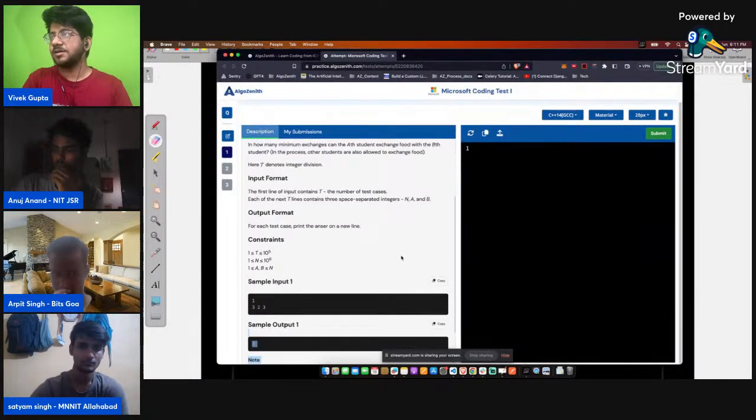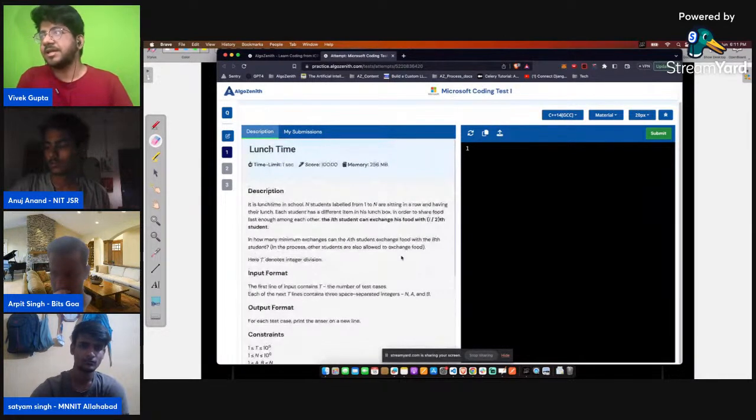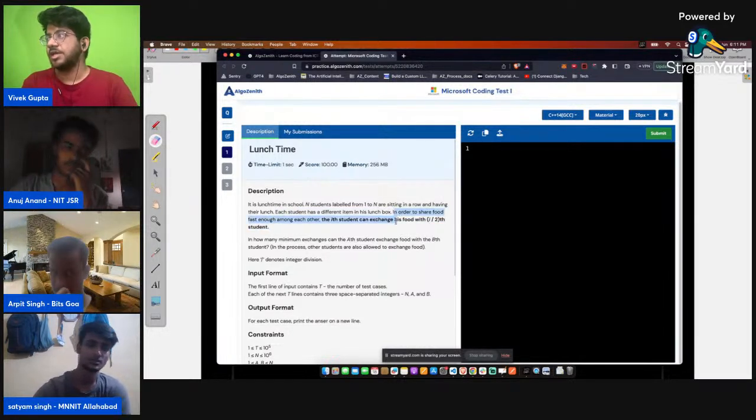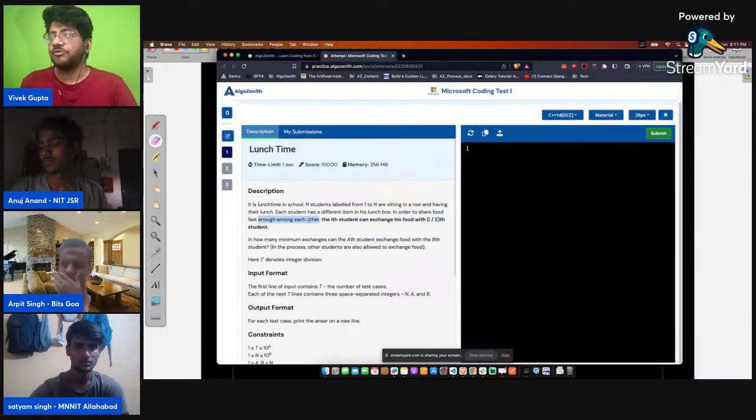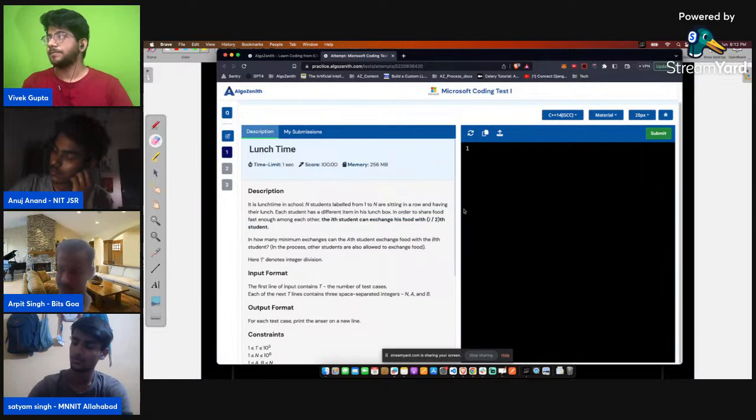The problem says that there are n students, 1 to n, sitting in a row, having their lunch. Each student has a different item in his lunchbox. In order to share the food with each other, the ith student can exchange his food with the i/2th student. Okay. Please zoom the screen.